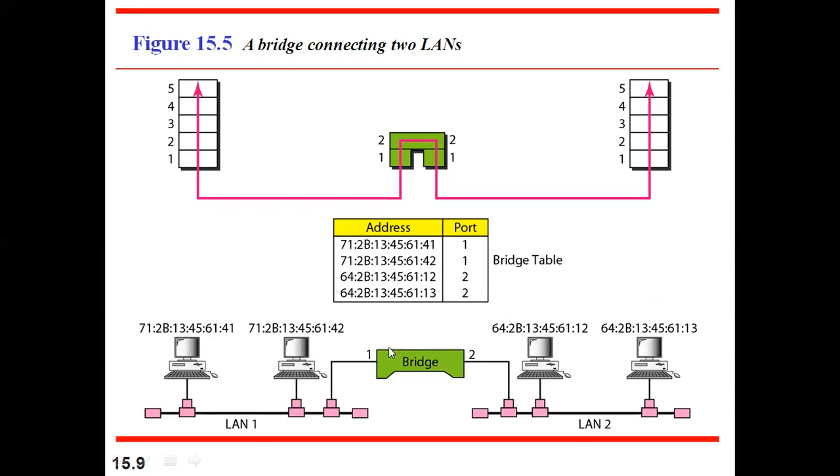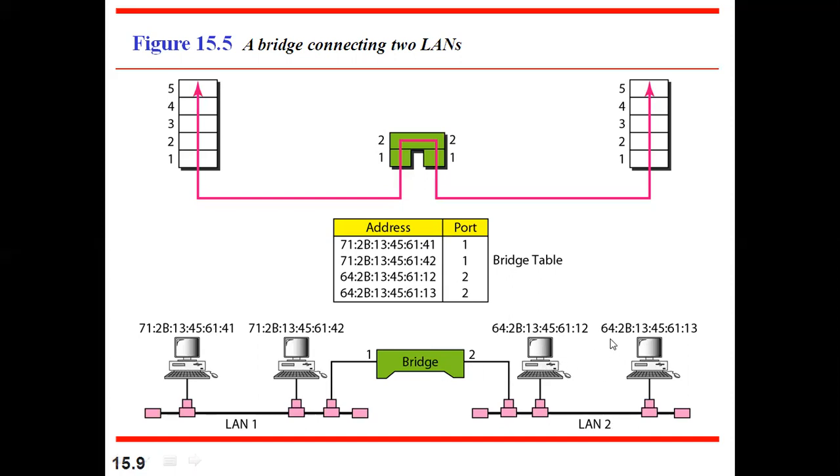Now what's the advantage of bridges? Suppose there are duplicate frames being sent here. Now this is a channel or a bus channel. It keeps just forwarding all the frames. So suppose 12 wants to send a message to, say, 41. Okay. So the bridge will see that the address is 41 and it will send it to port 1. So this is the normal operation.